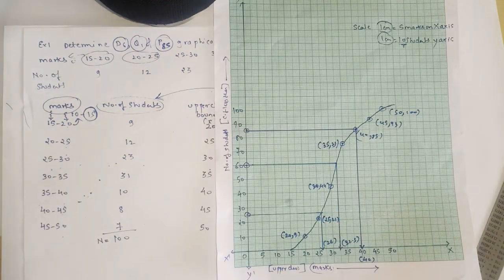So please try the remaining sums by yourself, and that's the end of exercise number 1.3 also, because there is no need to take more examples. It is enough to understand one sum. There is no need to take extra sums, and please try the remaining sums of exercise number 1.3 by yourself. So that's the end of exercise number 1.3. Till then, goodbye, see you in the next lecture.